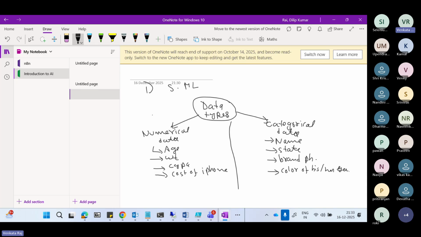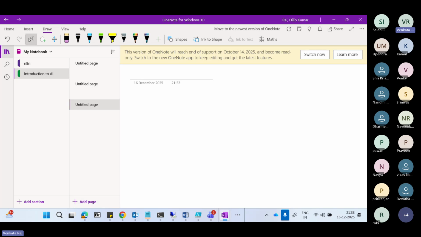Okay, so these two types of data we need to understand, numerical data and categorical data, and this is very important because we'll be very frequently using numerical data and categorical data in machine learning. Now in supervised machine learning we have two types of machine learning. One is regression